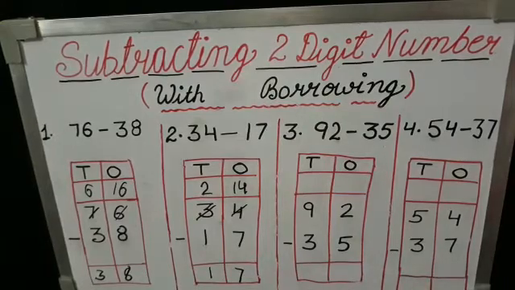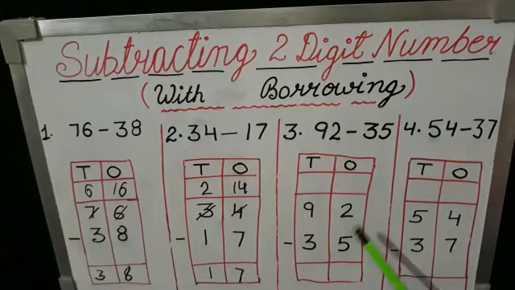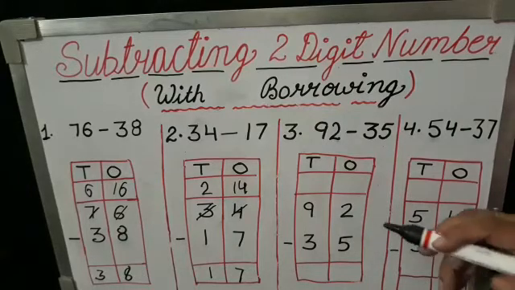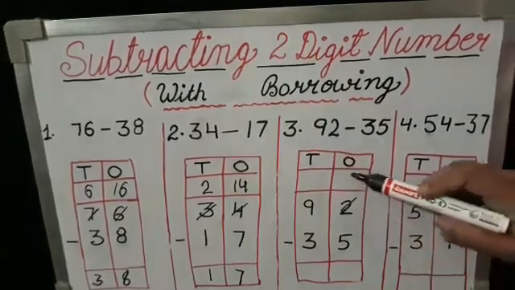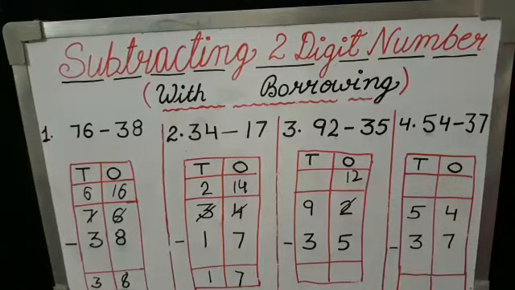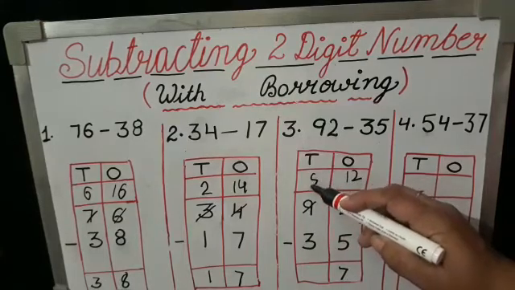Now our third example is 92 minus 35. And again 92 is here and 35 is here. So again we need to borrow one digit from tens column so that it can become 12. Now we'll cross this 2 and it becomes 12. Now 12 in mind and 5 on fingers. So we get here 11, 10, 9, 8 and 7. So here comes 7 and this 9 becomes 8.